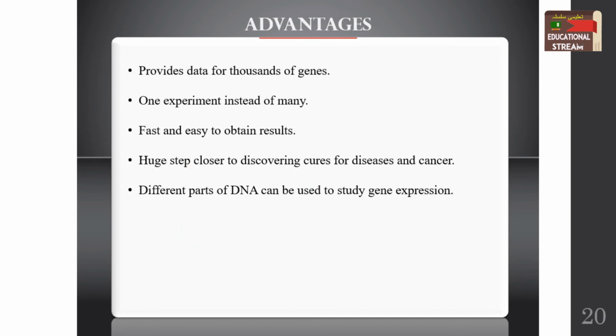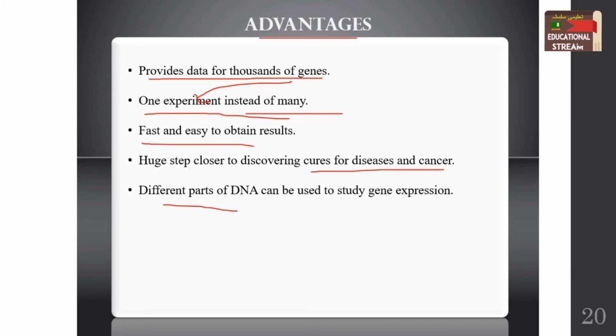The main advantages of DNA microarray are that it provides the data for thousands of genes, that we can get the data of thousands of genes together, and we can carry out the experiment for these thousands of genes in one experiment instead of carrying out many experiments. It is fast and easy to obtain, and it is a huge step closer to discovering the cures for diseases and for cancer. And in this DNA microarray, we can use the different parts of the DNA to study